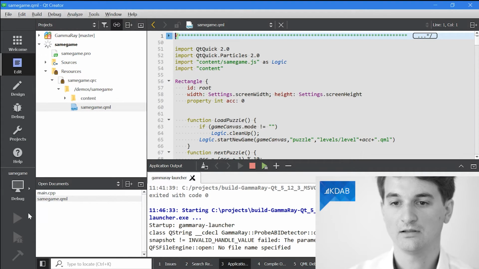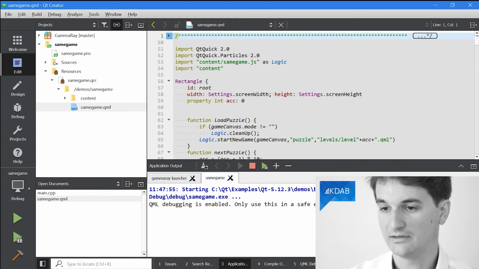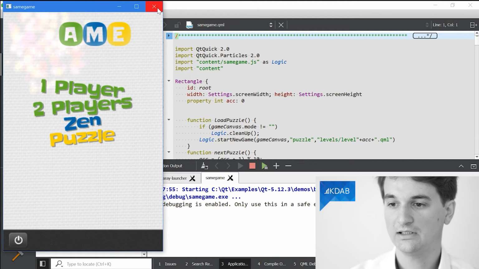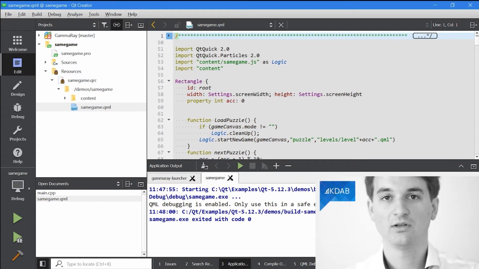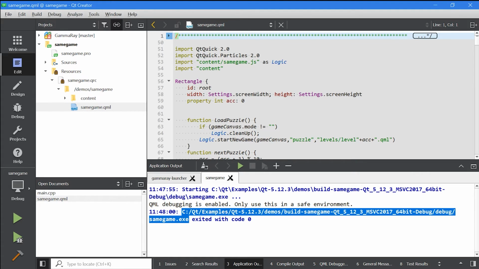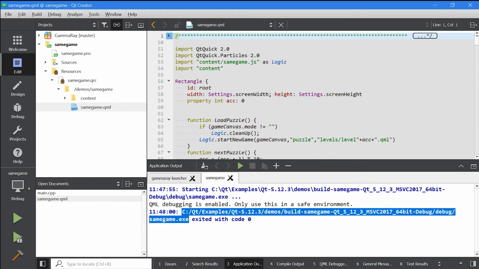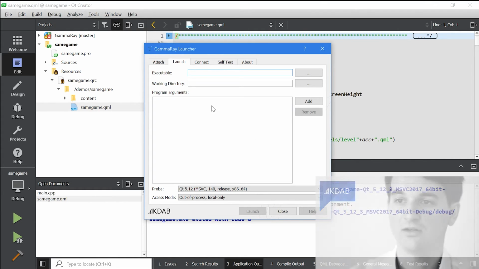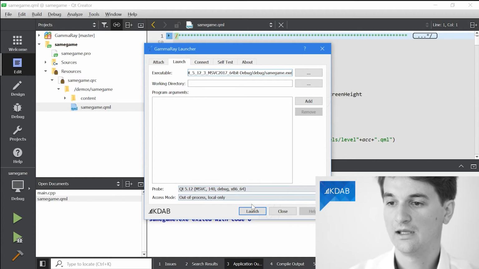And we can, just for testing purposes, launch same game. It will compile, but this is much quicker. So here it is already. And let's quit that already, because what we want to do is we want to launch the application from within GammaRay. So copy the path you can find inside the application output tool view in Qt Creator to the same game executable you just compiled. So copy that one. Go back to the GammaRay launcher, paste that inside the launch executable line edit, and then